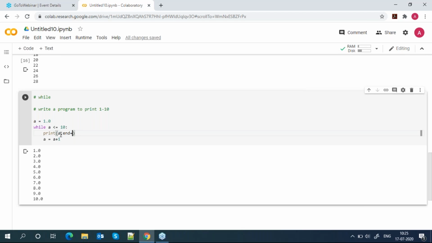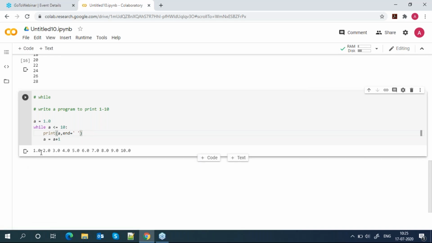In my case I put a space, so it will not go to a new line; it will continue after a space. If you want some specific delimiter, you can put that also, like a pipe, and your output is like this.